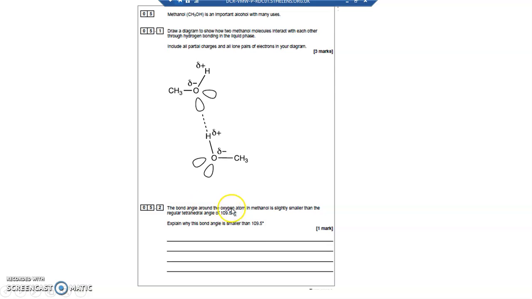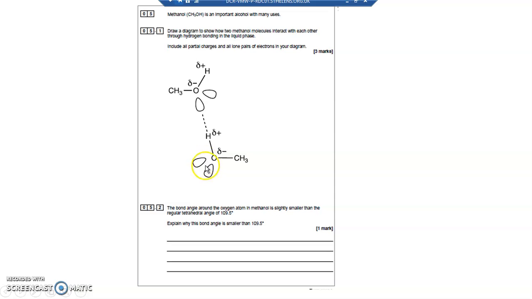The bond angle around the oxygen atom in methanol is slightly smaller than the regular tetrahedral of 109.5. Explain why this bond angle is smaller than 109.5. It's because you've got lone pairs, so a tetrahedral will be four bonding pairs, something like methane. But as soon as you put lone pairs on there, then the bond angle reduces. So if you had one lone pair, it comes down to 107, so it goes down by 2.5 if you introduce a lone pair, and down by another 2.5 if you introduce a second lone pair and have two lone pairs and two bonding pairs, right down to